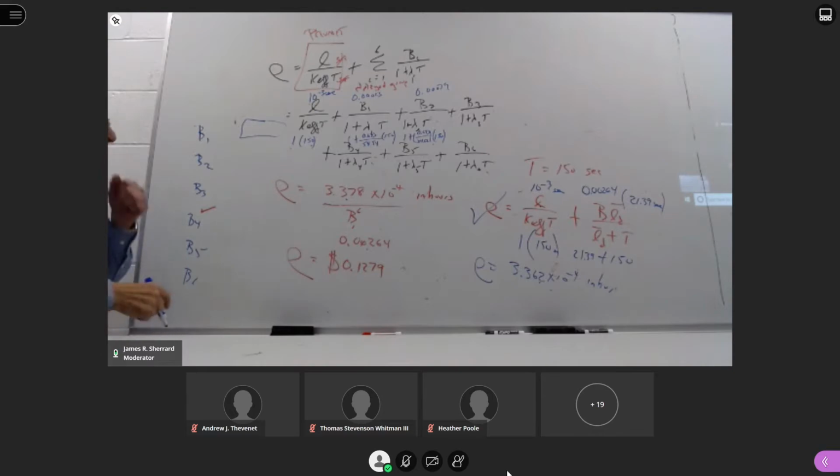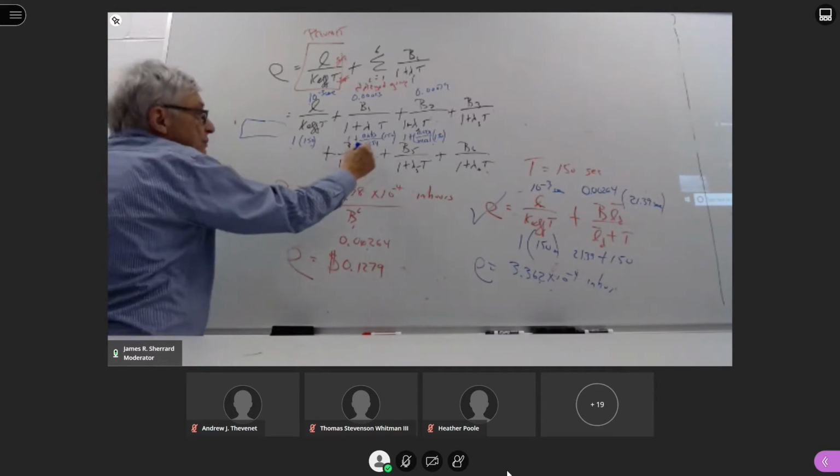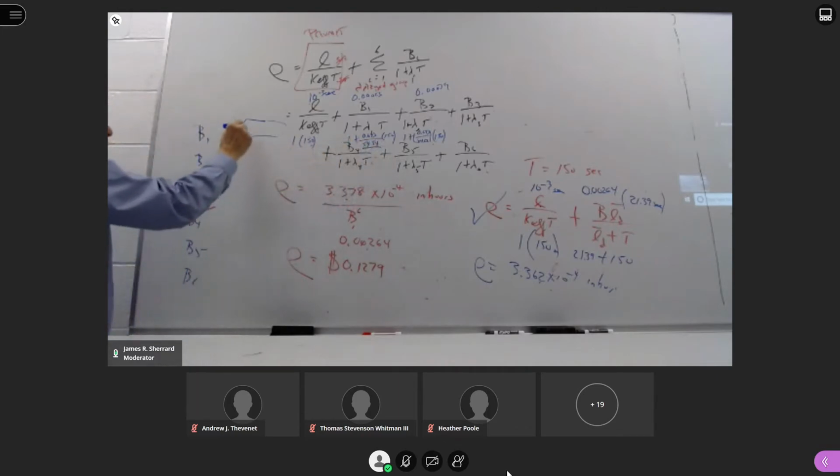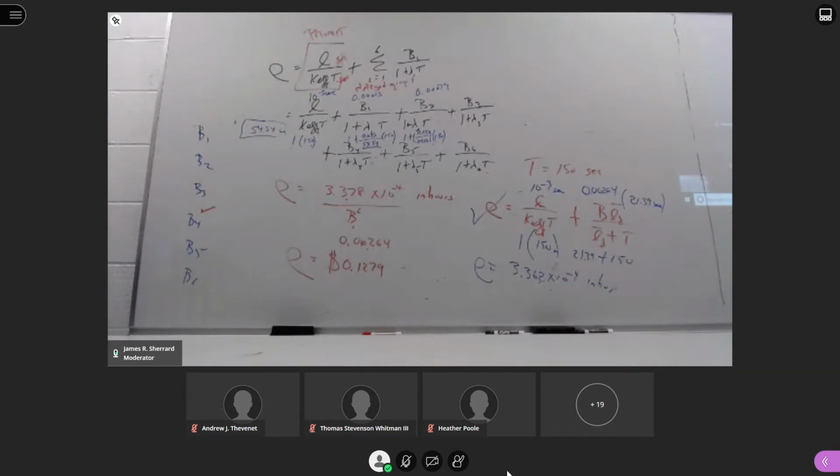For example, when we did this one for the uranium-233, this was the average value for a precursor half-life in group 1. It could be a little higher than this, it could be a little lower than this, but that was the general ballpark. If you go down,